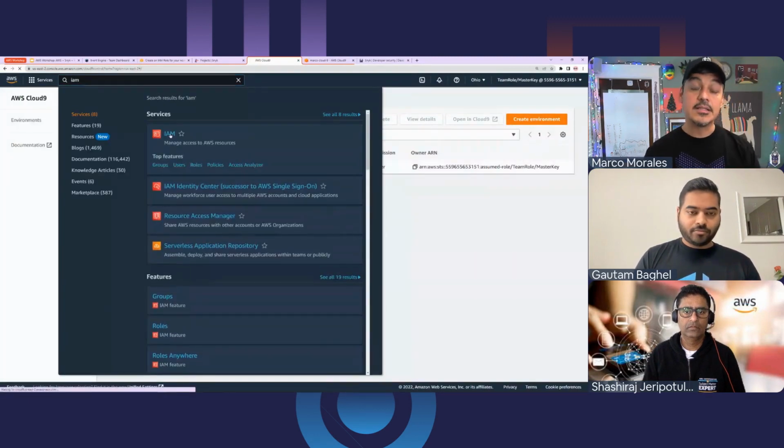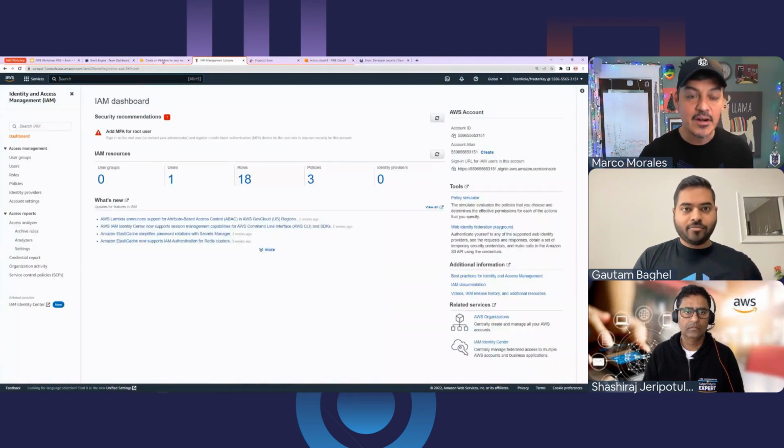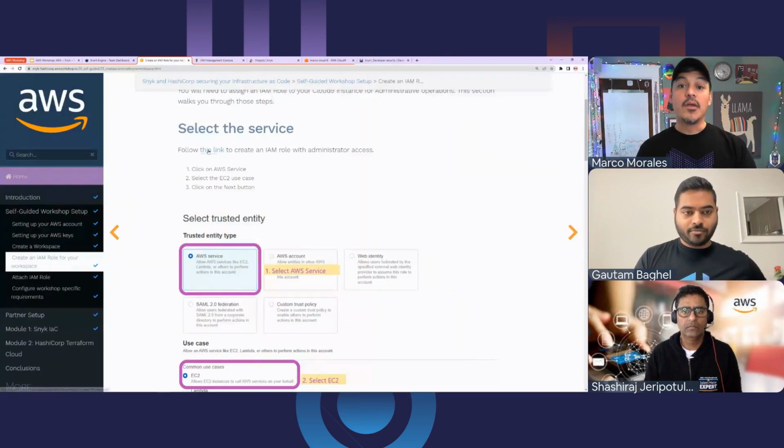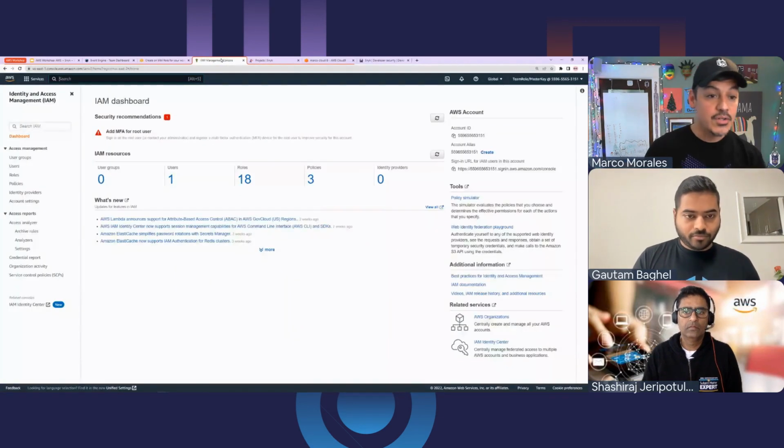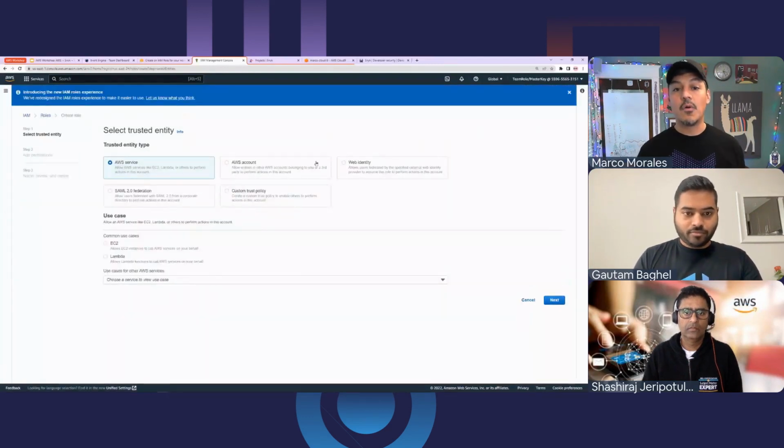And I'll have to go back and forth with the tabs because I know what I'm going to do, but I have to be reminded what I'm doing here. So you can click on the link, but we're going to click on the AWS service IAM, and we're going to create a new role. Over on the left side, there's the word roles, and we're going to create a new role. There's a lot of guidance here, and what we're going to use is the AWS service, which is the default, and I'm going to pick EC2 as the example.